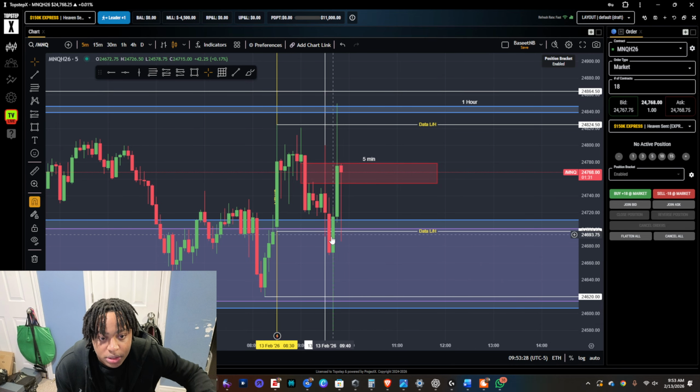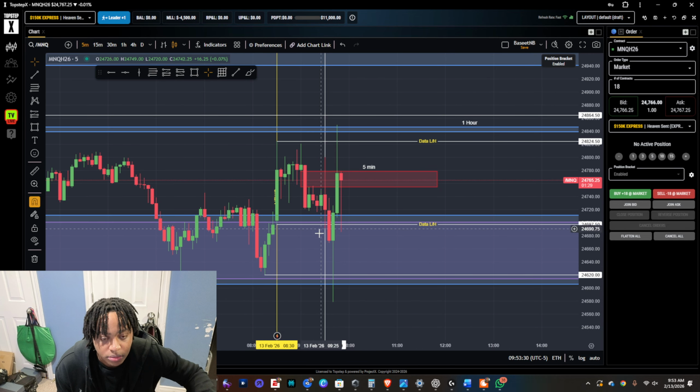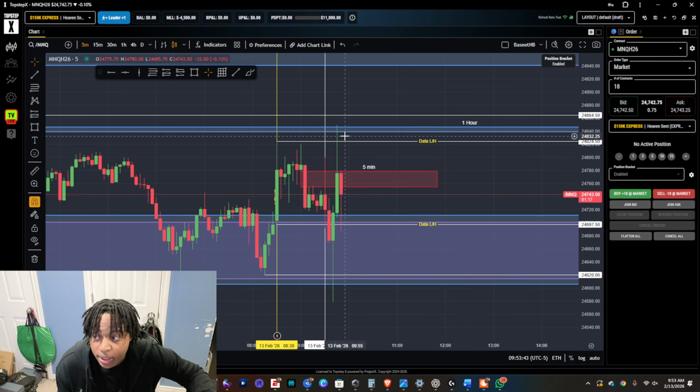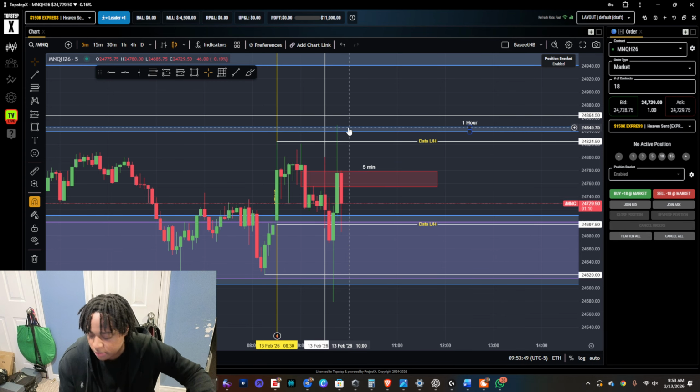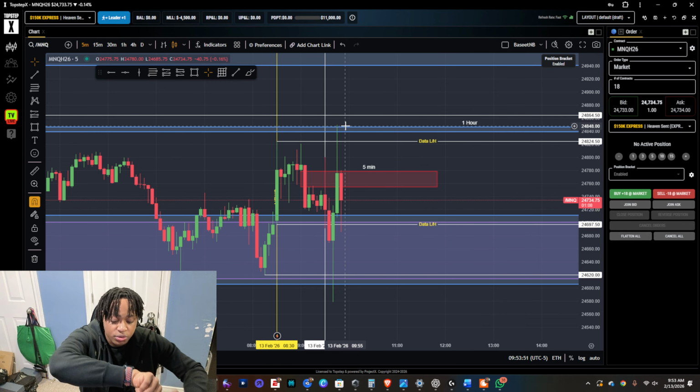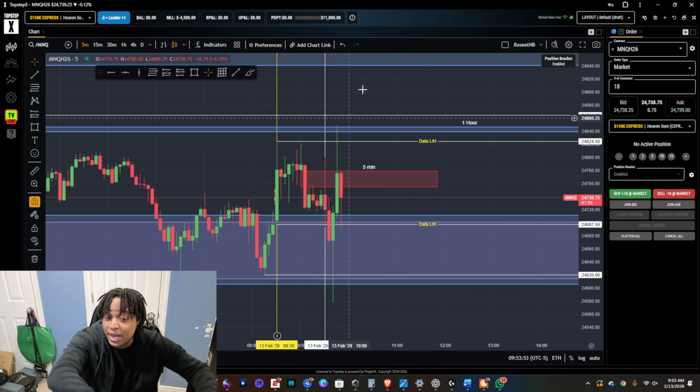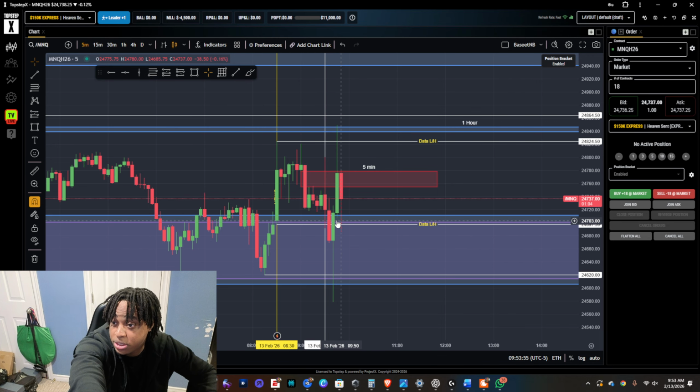What happened was we had a liquidity sweep, break of structure to the upside, as you can see. But as we swept this liquidity, we shot up to the daily high, and that's a huge form of liquidity. That can really make your whole trade go up in flames if you don't take profit or break even there. That's a great form of liquidity. The lows got swept first though, as you can see.